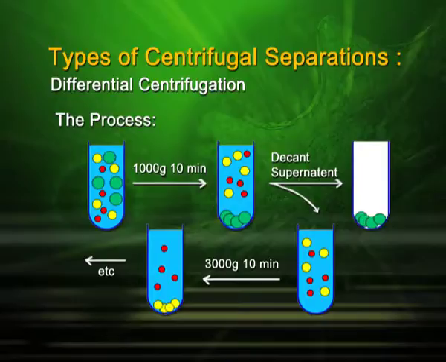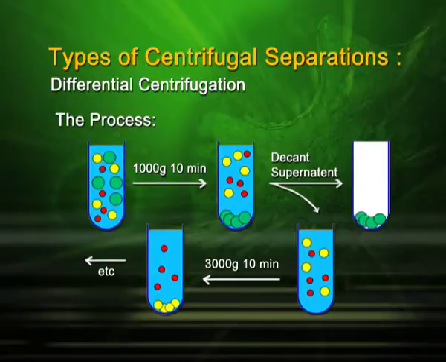When this cell homogenate is subjected to centrifugation at a particular RPM, the green colored particle, which is heavier or denser, will settle down and form the pellet. Now, we go for the second mode of centrifugation, where you take the supernatant, in which you can see the red colored particle and the yellow colored particle. Now, this is subjected to centrifugation at a slightly higher RCF and RPM.